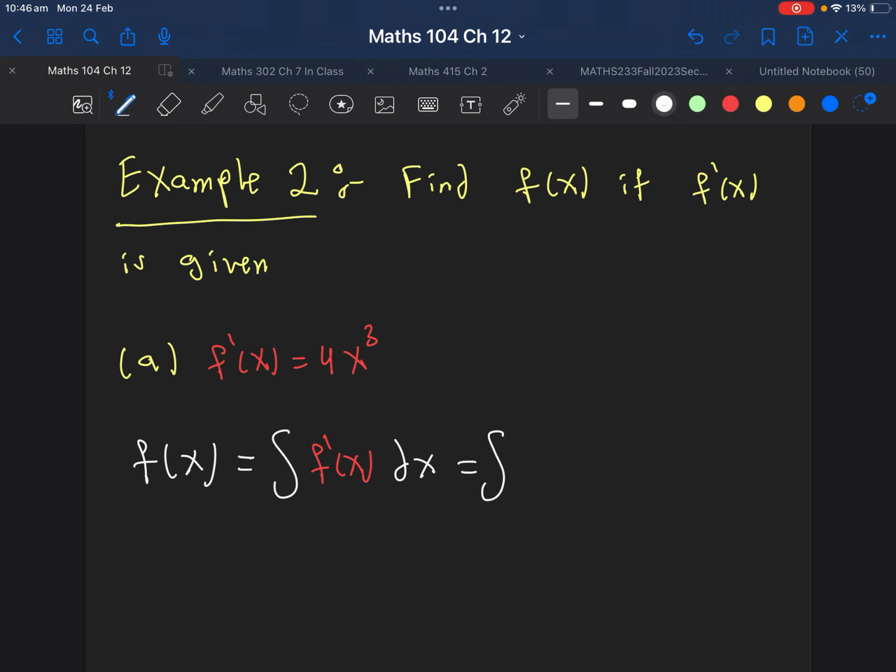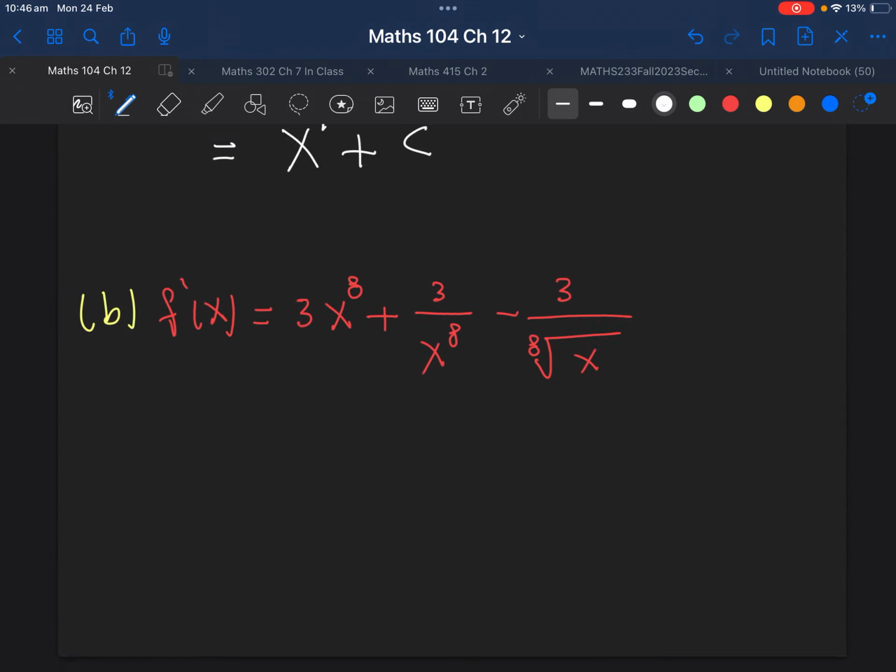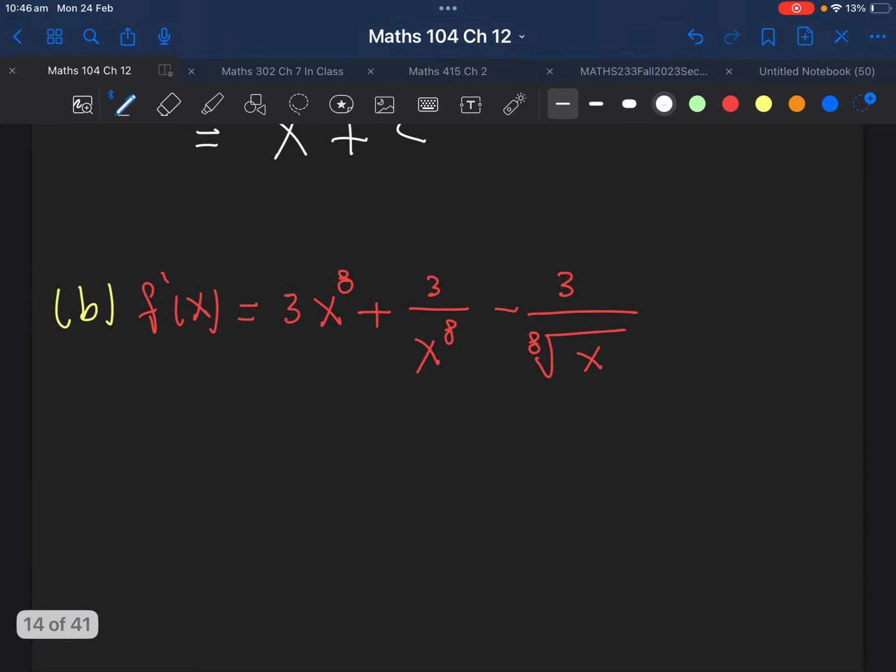which is the integral, the same way we just did, 4x cubed dx. We will add 1 to the power 3, so it will become 4. I will divide by 4, it gets cancelled, so I will just get x^4 plus c. Next question, we will do f of x equal to the integral of f prime of x dx,